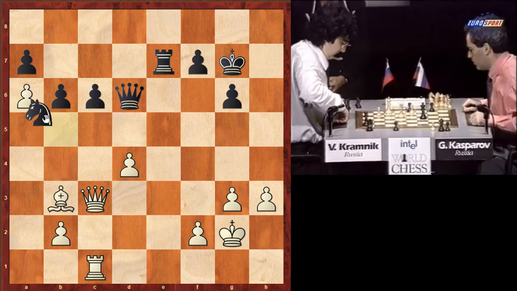For example, Kramnik plays knight takes a6, and Kasparov can move his pawn to d6, giving a discovered check here. So after that it looks like a winning position for Kasparov, because the pawn here is in the